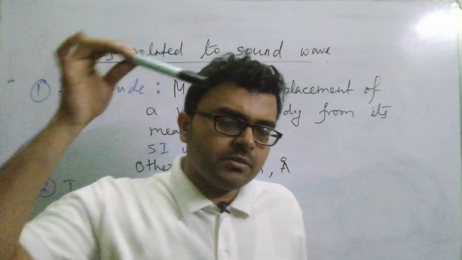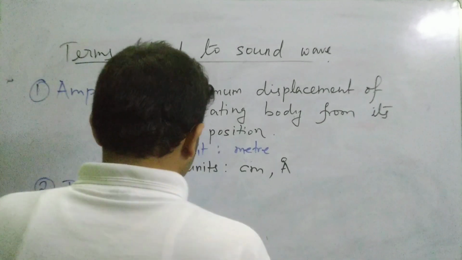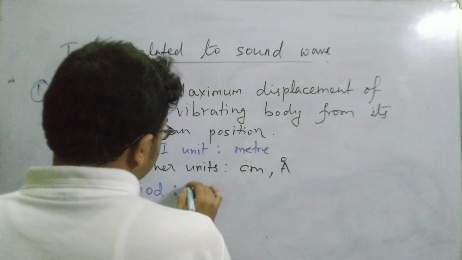This is called one oscillation of the pendulum. So the time taken to complete one vibration by the vibrating body is called the time period. So time period can be defined as time